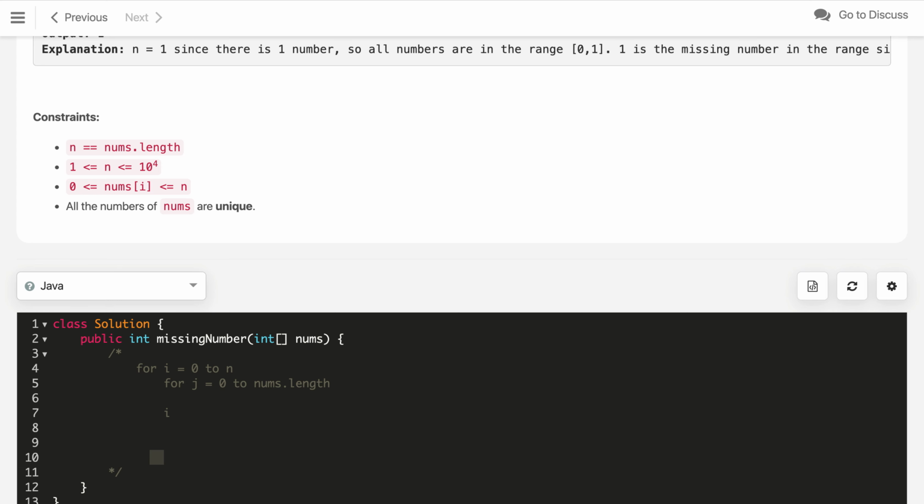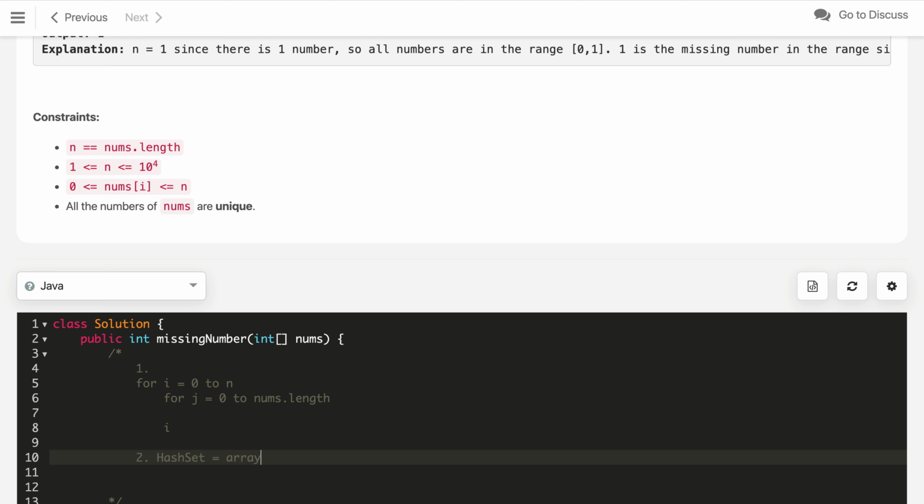Can we optimize this? So this will be our solution 1. In the second solution, what we can do is use a hash set. We can first create a hash set from our nums array.